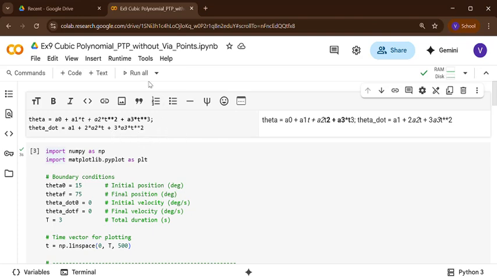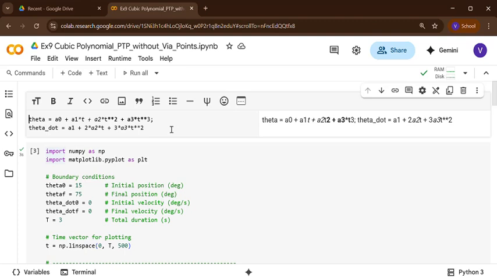We have already discussed why a cubic polynomial is taken. If you take a first order or second order polynomial, your velocity or acceleration will be constant, but in real time it will not be. So we take the next higher order polynomial, which is cubic. Since the order of the polynomial is 3, we should have 4 constraints.